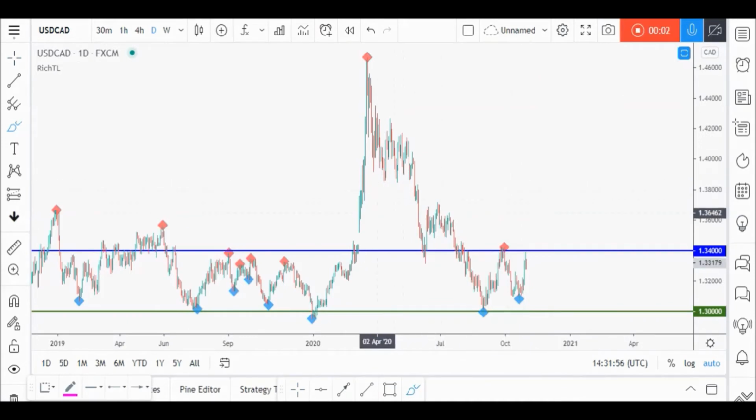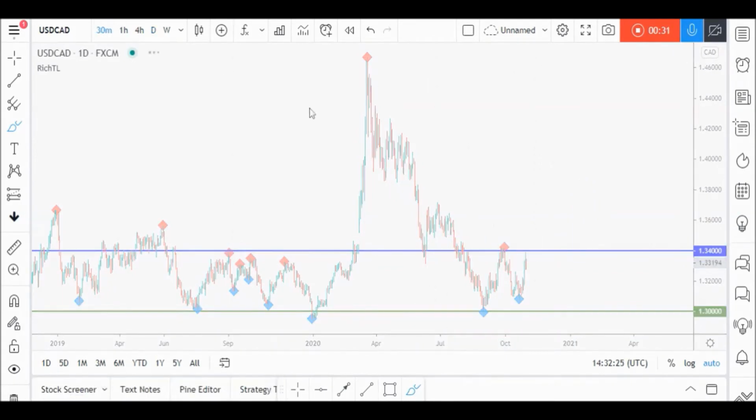On USDCAD daily time frame, as expected, price rejected our lower support and traded higher. For now, price is currently sitting around resistance, as you can see in blue, many rejections from it. So we'll be looking for objective sell setups on lower time frames. Unless price breaks it upward aggressively, then our resistance would become support, and we'll be looking for objective buy setups on a retest. For now, price is sitting around resistance, so let's zoom into lower time frames and look for